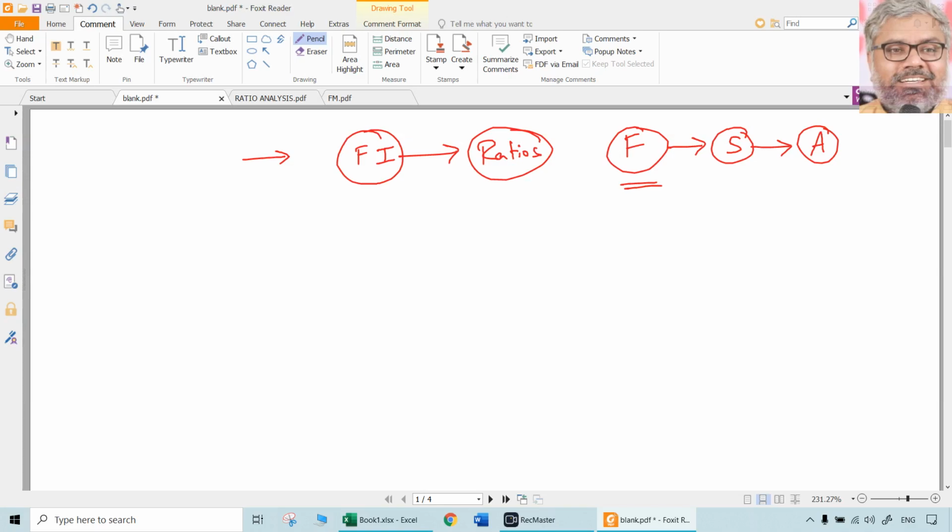And you should display your knowledge and understanding of the ratios. That will not happen by just doing some calculations on a calculator and throwing out some answer. Yes, that answer will give you some marks. I'm not saying you will get 0 marks. But will you get full marks for that? Probably not. That's why, how to get full marks for the same thing which we know already. How big a crime it would be for any student to know the things but still not be able to get full marks. That is a bigger crime than not knowing things.